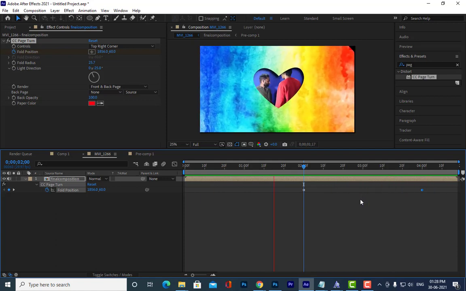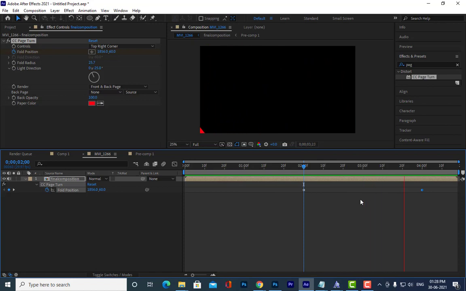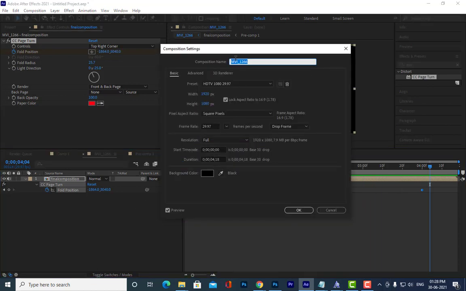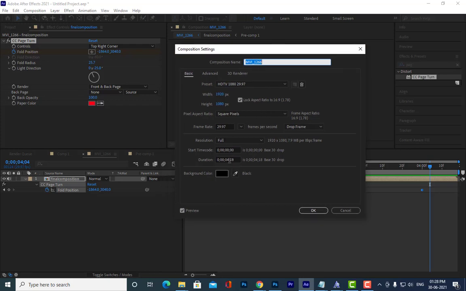Are you able to understand? So you can actually increase. Let's increase the composition settings. Let's keep it 10 seconds.